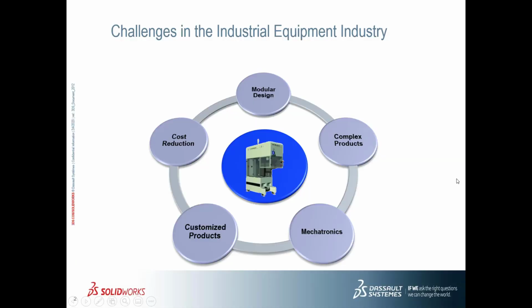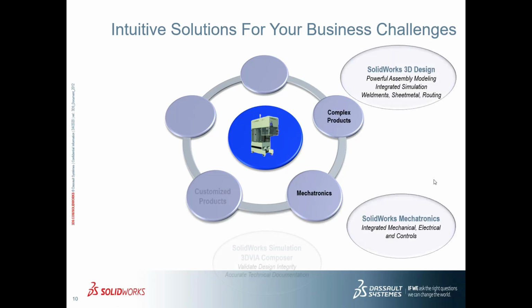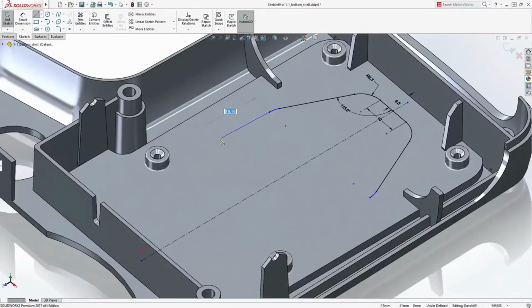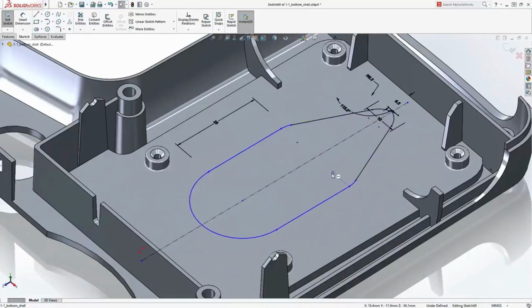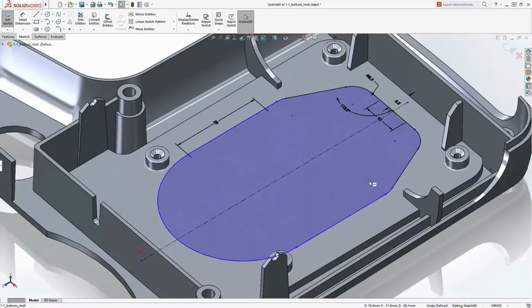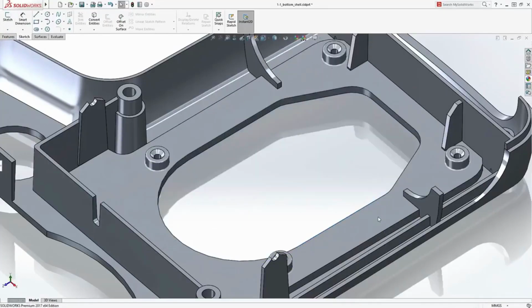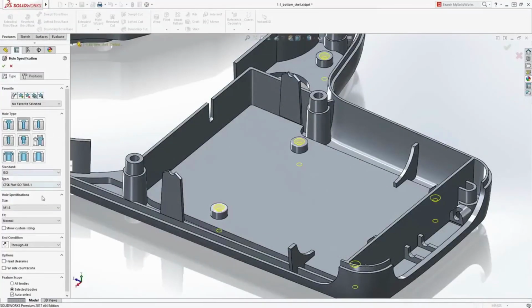Makers of industrial machinery and heavy equipment face many different challenges today, but SolidWorks helps you overcome these challenges with ease. Creating a 3D model is easy with the intuitive SolidWorks heads-up user interface called Swift. With Swift, it is like having an expert consultant designing at your side. Techniques that can take users many months to learn in other CAD systems are built into Swift. New users can learn quickly, and for expert users, Swift speeds up design by automating tedious and repetitive tasks.